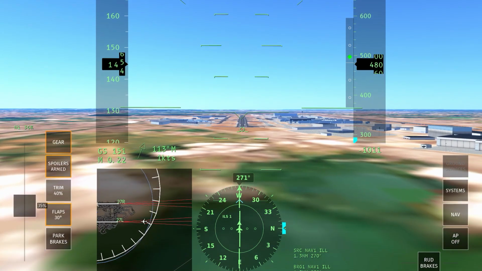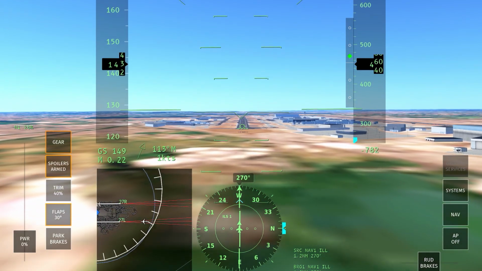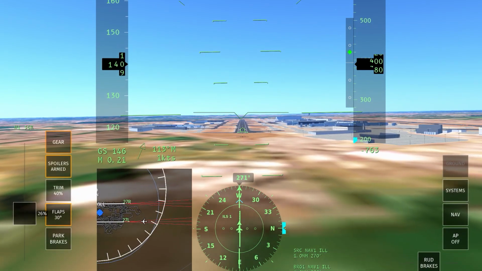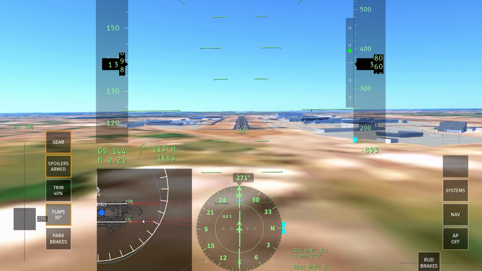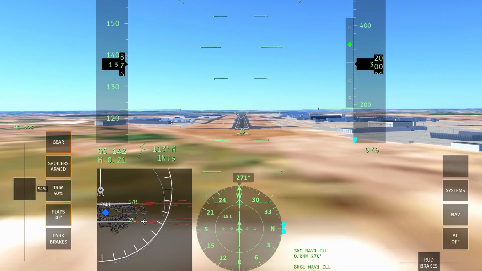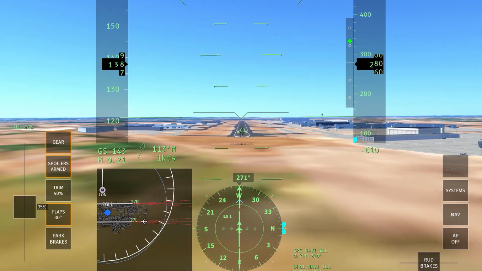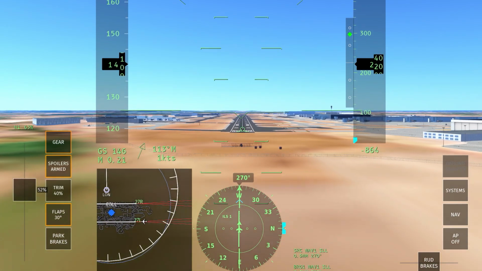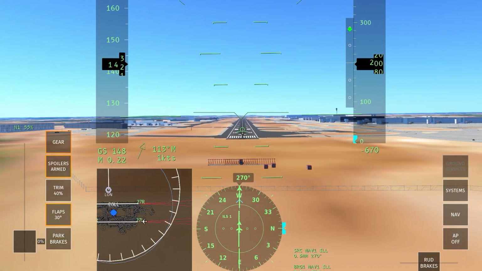Now we can just see the landing zone on the runway, and the bit I aim for is literally as early as you can. You don't really want to overshoot it. The bit where you can see the bigger white boxes is a good place to aim. You don't want to do it a little bit too low, which I've done quite a few times. So now we're at about 140 knots, which I think is an okay landing speed for the 787,